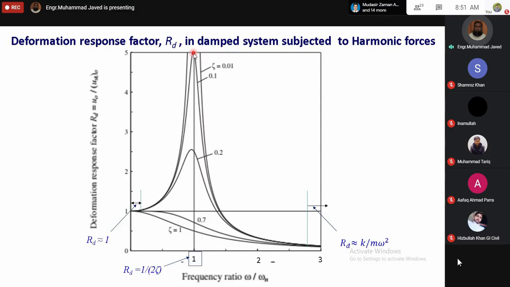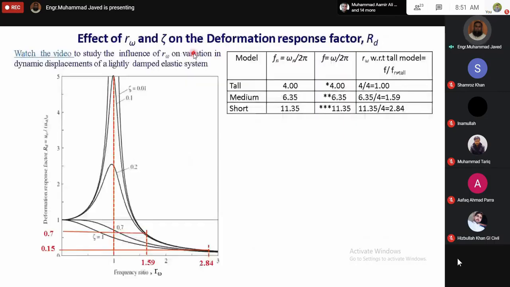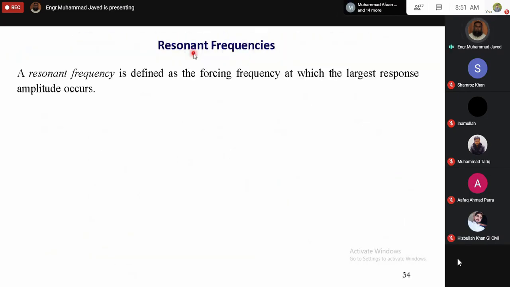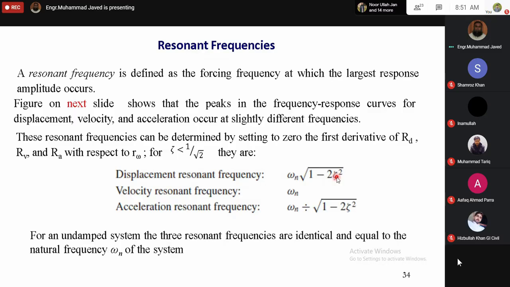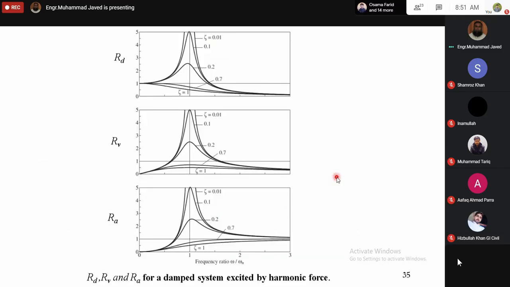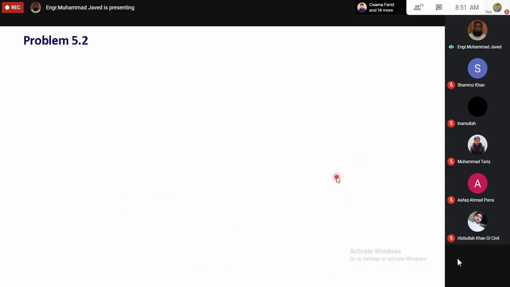So resonant frequency basically is the frequency at which we get the peak response or at which the deformation response factor has peak value। और यहाँ पर हम चूंकि डिफॉर्मेशन रिस्पांस फैक्टर की बात कर रहे हैं तो पहली इक्वेशन पे आप एम्फसाइज करें, displacement resonant frequency can be calculated by omega n into square root of 1 minus 2 zeta square। अगर आप कोई क्वेश्चन पूछना चाहते हैं तो पूछ लें, वरना फिर एक प्रॉब्लम सॉल्व करते हैं।